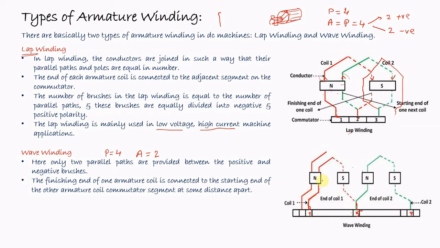Here, the poles for each coil will be different. For example, if it is under the north pole, the current is in the upward direction; under the south pole, the current will be downward. The same current will flow here. And again, it is the north pole, so the current will be upward, and here again, it is the south pole, so the current will be downward. So we can see that the current will remain the same and it will be unidirectional. It is considered a series connection.